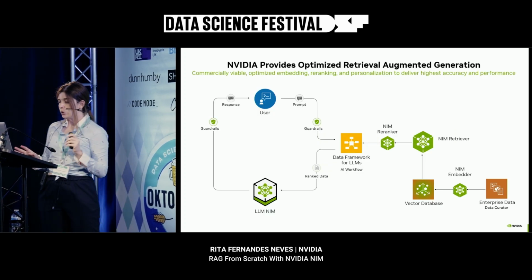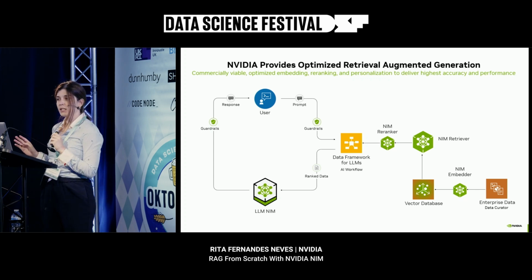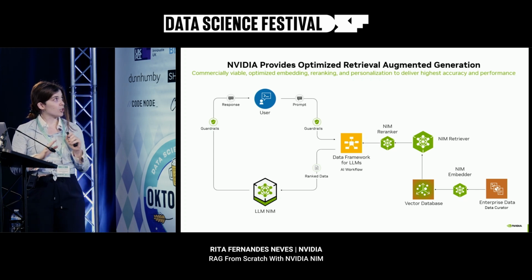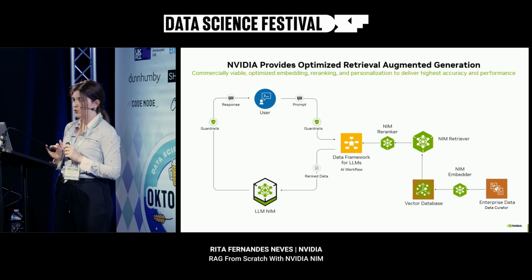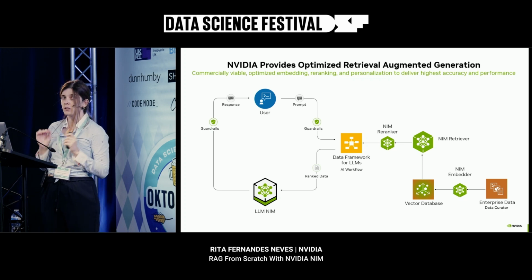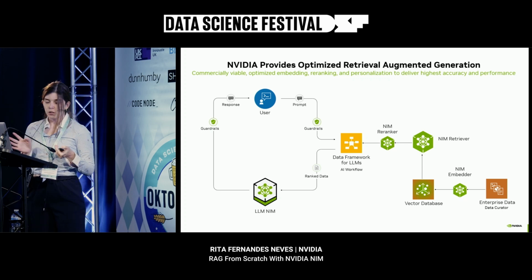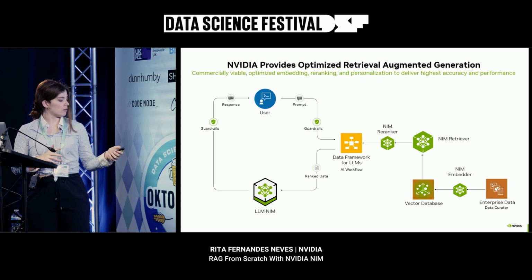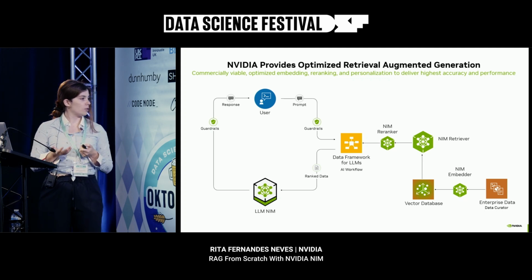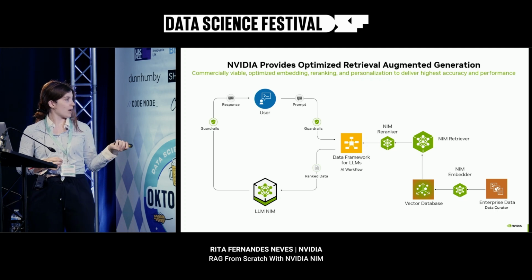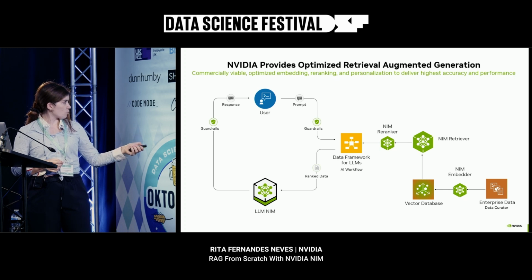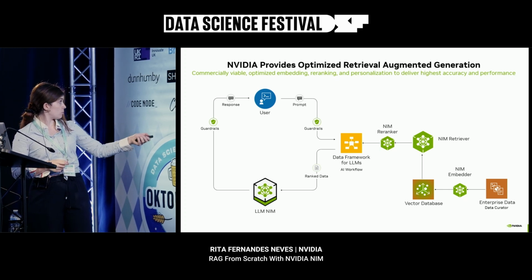But overall, what I want to give you is an overview that NIMs exist for almost every component of the retrieval-augmented generation pipeline. I'm just talking about retrieval-augmented generation, but we do have a lot of different types of applications for NIMs, and you can already see how they work, because in here we have the retrieval part on the right, which includes, of course, the collection of enterprise data and the vector database, which are not NIMs, but we do have the embedder to deploy the embedding model. We have the retriever, we have the reranker.